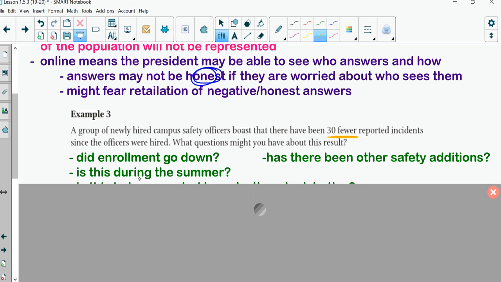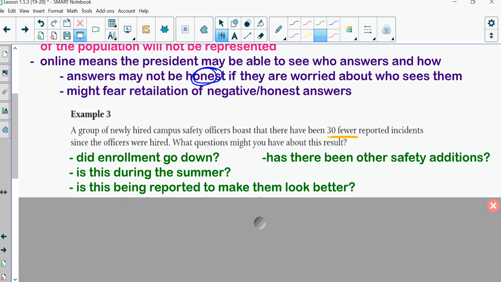Is this going on during the summer? So I already talked about that one. Is this being reported to make them look better? Meaning,